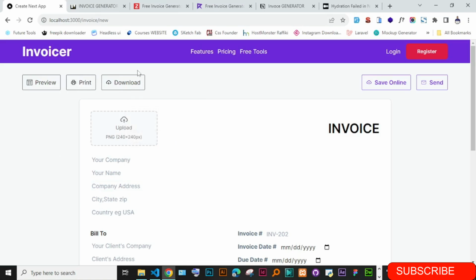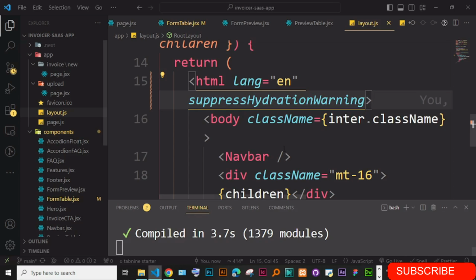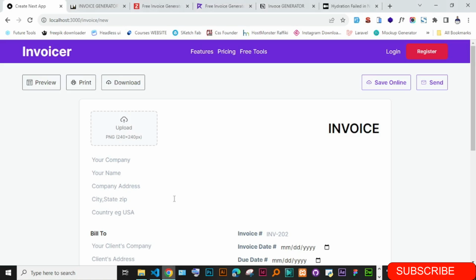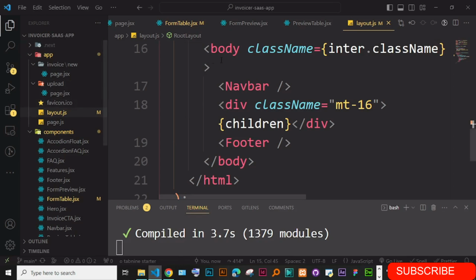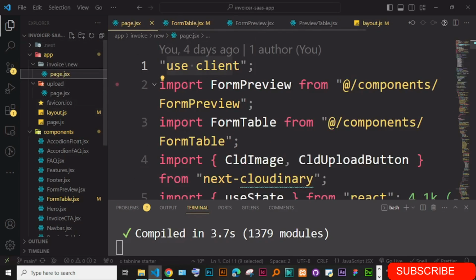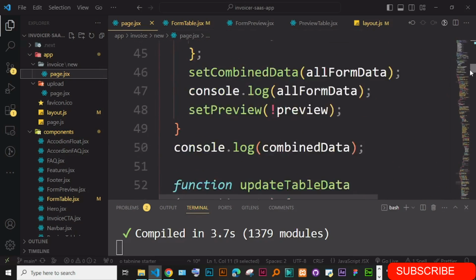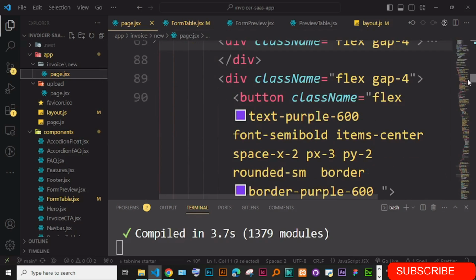First, I'm going to join these buttons into one. I don't know which one we should use. We should use this print. Let's use the print. So just go to the page here, and let's find where we have the